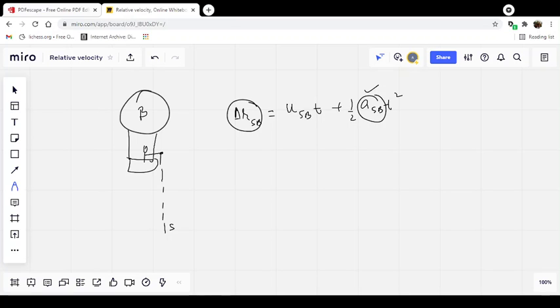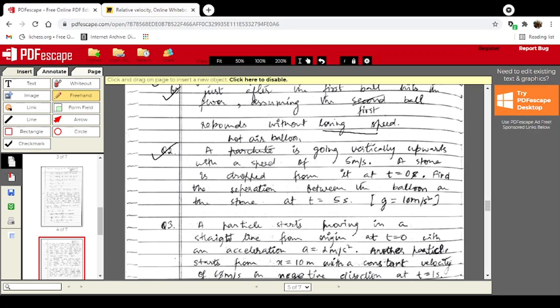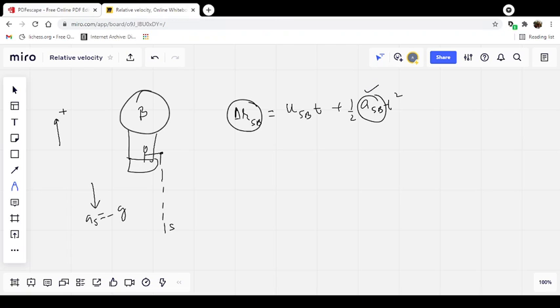This we already know from our ideas of kinematics, that whenever we are applying the equation x equal to ut plus half at square, the acceleration must be uniform. Acceleration cannot be non-uniform. In the same way, the acceleration of stone with respect to balloon has to be a constant, and it is a constant in this case, which is pretty lucky for us. The acceleration of the stone, as you can easily guess, is minus g. Let us take the upward direction as positive; we can take any direction arbitrarily as positive. The balloon is going upward with a constant speed of 5 meter per second, no change in speed, so it has no acceleration whatsoever. Acceleration of balloon becomes zero.